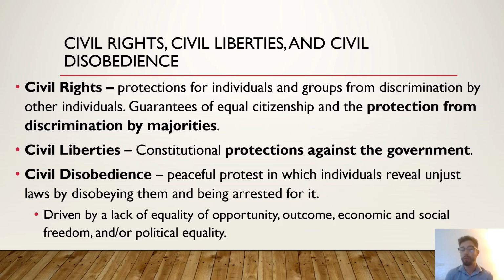This is oftentimes driven by economic inequalities, a lack of opportunity, and a lack of true positive outcomes in a free society. And this is one of the primary tools beyond our ability to vote to maintain accountability within government. And when you look at the civil rights period of the 1960s, we see that without civil disobedience, we would not have the capacity of holding authorities accountable for many individuals within the United States, which is the ability to vote.